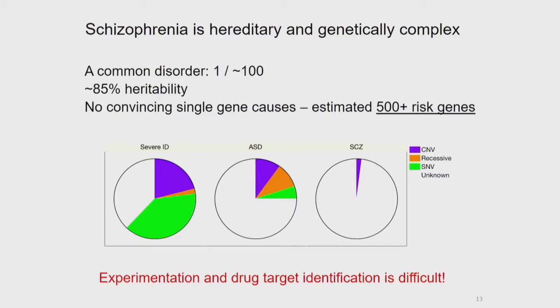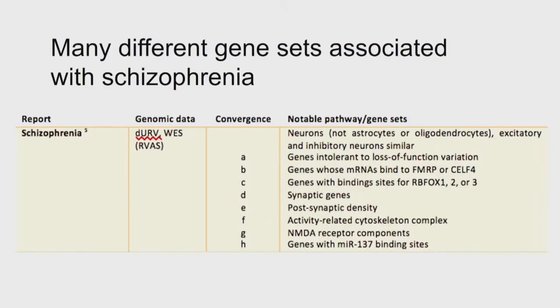This is unique for schizophrenia, where we have this complex origin. For autism and intellectual disability, we have much more robust common findings. When you have a known cause of a disorder, we neuroscientists get happy, because then experimentation and drug target identification become much easier. But schizophrenia is so polygenic in origin that we don't really know where to start.